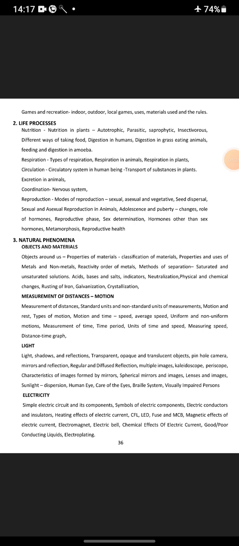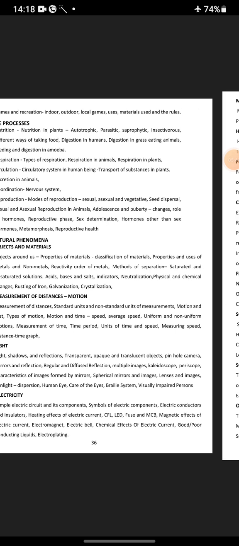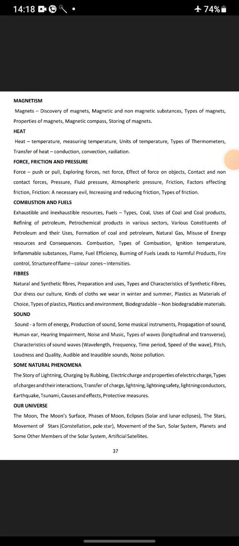electricity: simple electrical circuit and its components, symbols of electric components, electric conductors and insulators, heating effects of electric current, CFL, LED, fuse and MCB, magnetic effects of electric current, electromagnet, electric bell, chemical effects of electric current, good or poor conductive liquids, electroplating. Magnetism: magnets, discovery of magnets, magnetic and non-magnetic substances, types of magnets, properties of magnets, magnetic compass, storing of magnets,